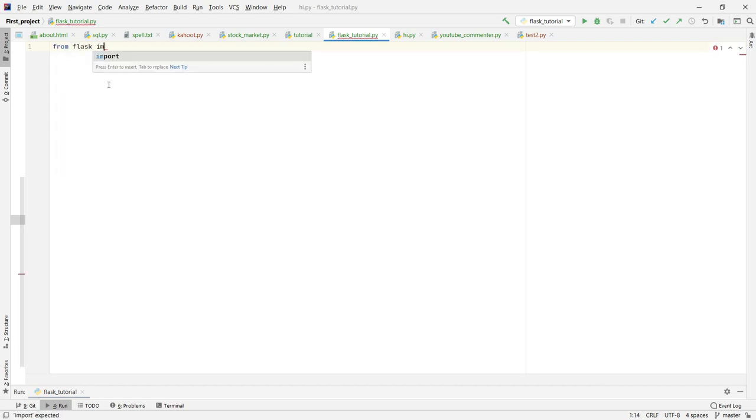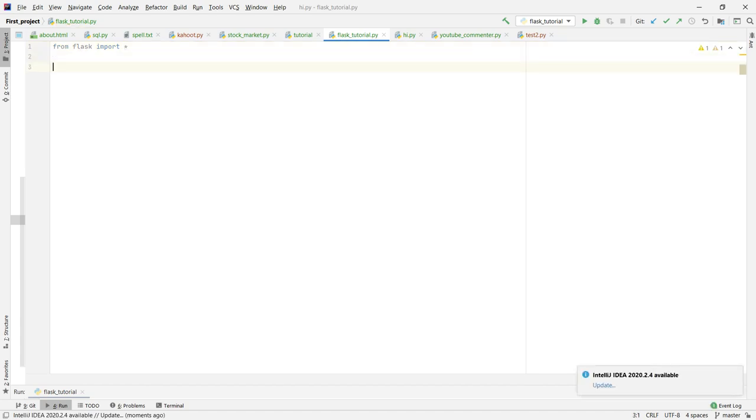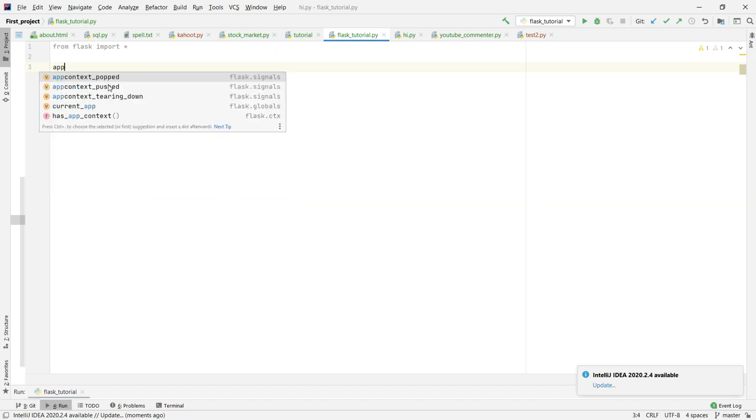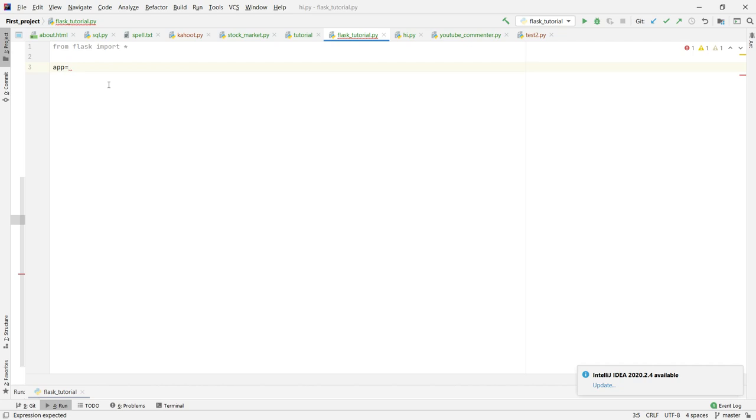We're gonna just import everything. Star is to import everything, and I just like to import everything so I don't have to go one by one to import more stuff. So first things first, we define our app variable, which is just like a skeleton of our app. We do Flask, and then we do underscore,